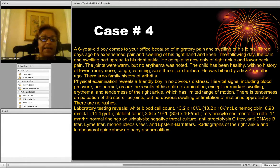The joints are warm, but there's no erythema that's noted. And he's been healthy with no history of fever, runny nose, cough, vomiting, sore throat, or diarrhea. He was bitten by a tick 4 months ago, and there was no family history of arthritis. On physical examination, he's a friendly boy in no obvious distress, and his vital signs, including blood pressure,